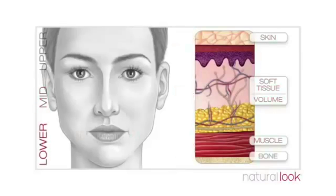In the lower face, loss of bone in the upper jaw reduces support to the lips and mouth. As with the other thirds of the face, soft tissue volume is also lost in fat pads, particularly around the mouth and in the lips. This, combined with repeated muscle action over time, such as pursing of lips, causes lines created to become permanent and gain prominence. Loss of bone along the junction of the lower face and neck leads to a loss of jawline